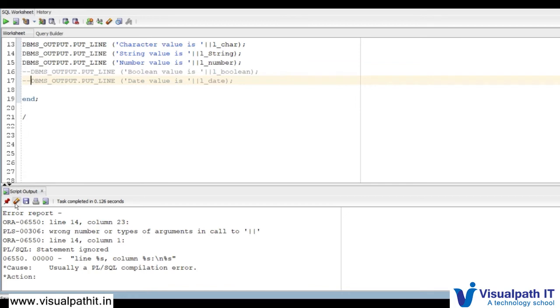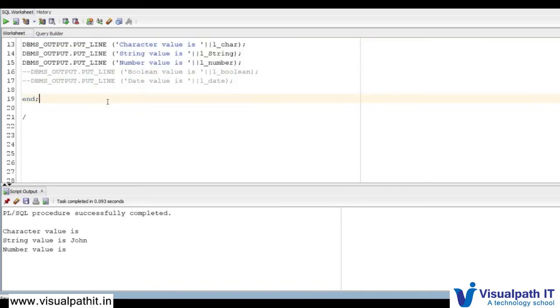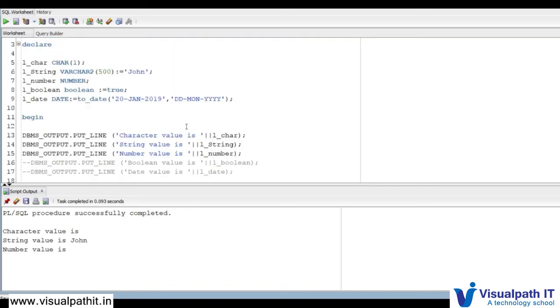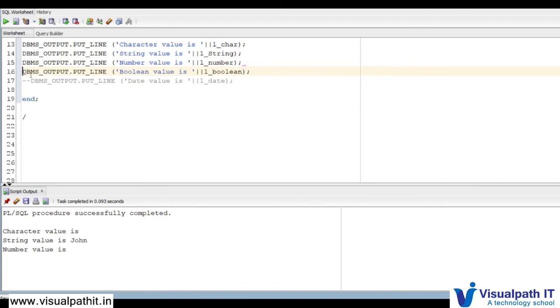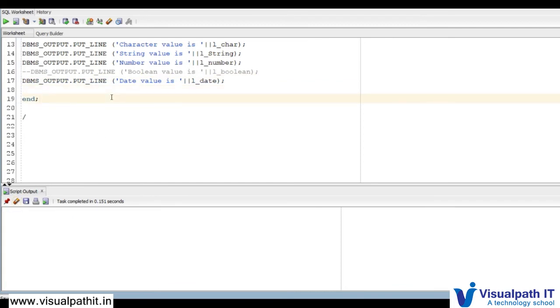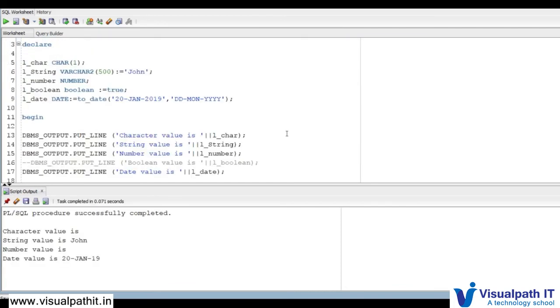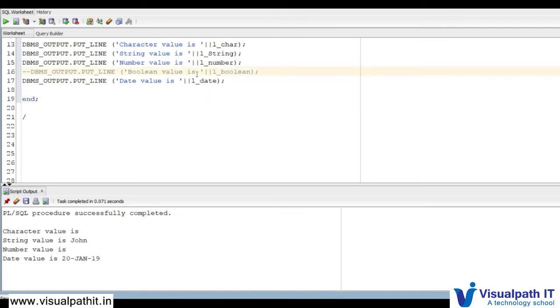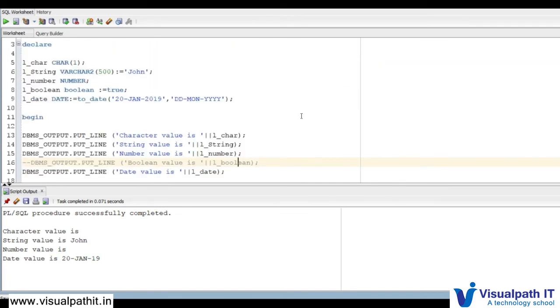Maybe somehow it is giving this error. It is giving the error because this boolean value cannot be concatenated with the string values.